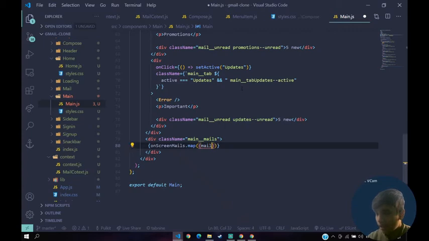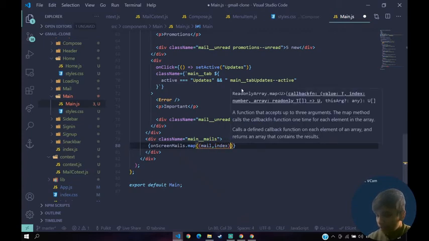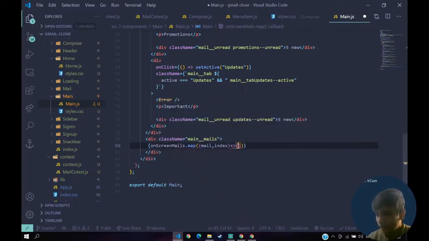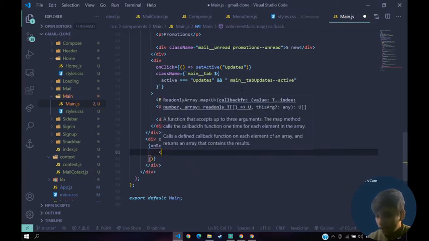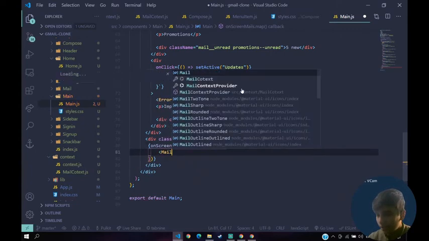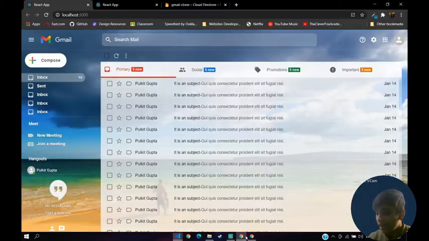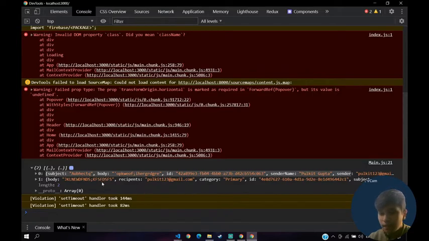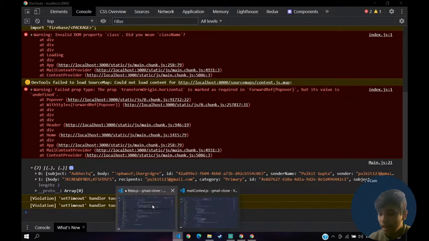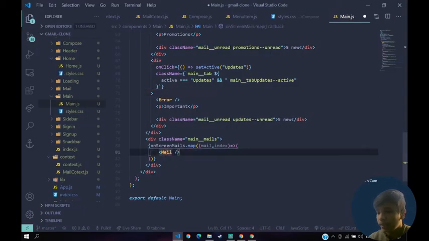So now it will get a mail, and then we get an index. So here we say, okay, not this, we're gonna return our mail, right? So basically what this means is every time you find an index inside of this array, again and again do this thing. For example, if there are 10 indexes, then it will repeat this code 10 times. If there are 100 indexes, then it will repeat this code 100 times. If there are 0 indexes, then it will repeat the code 0 times. This is what this basically means.